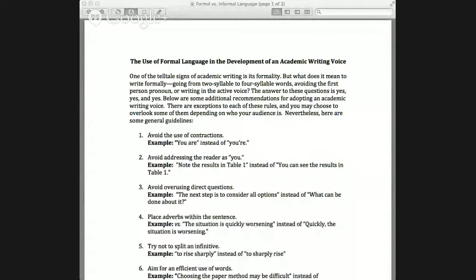Okay, the screen share thing going here. Okay,